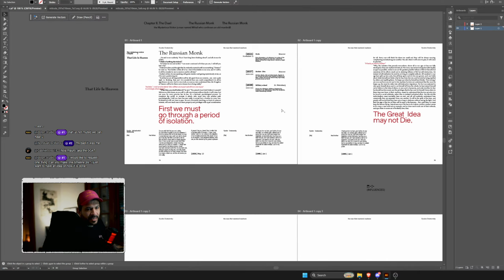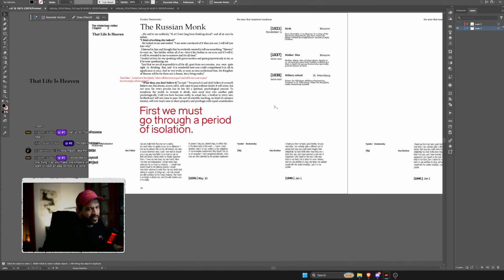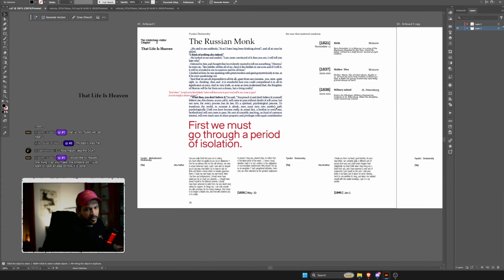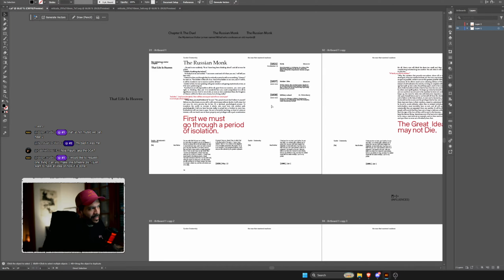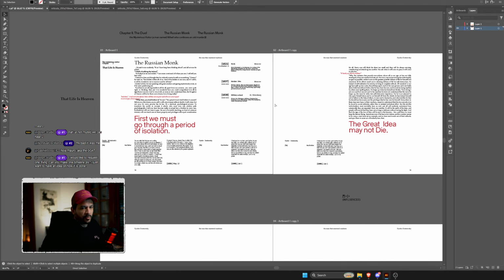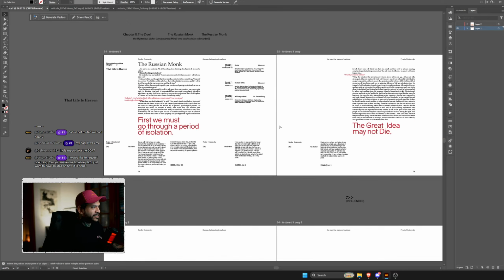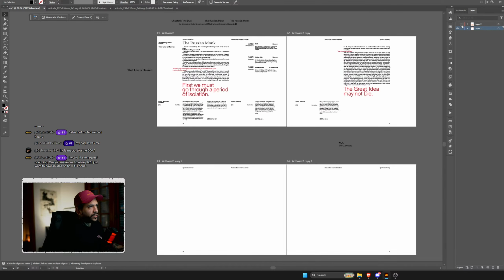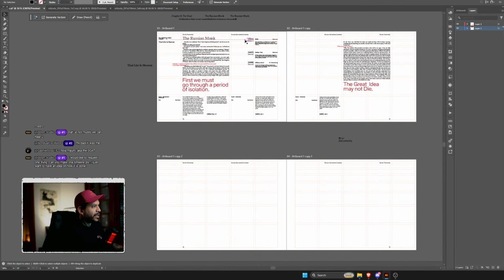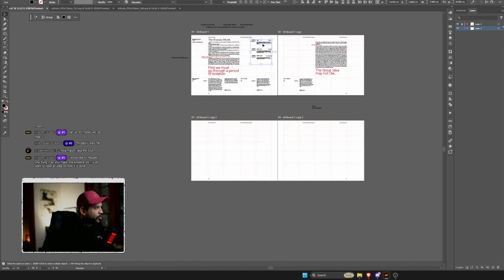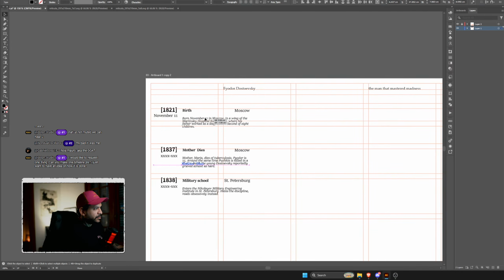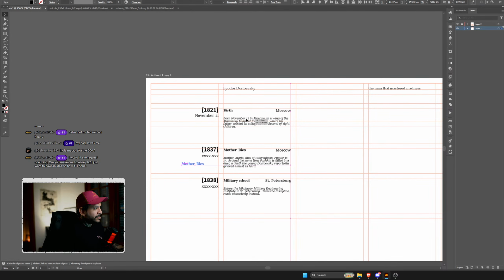Right? And here I'm making it pretty basic. I'm not being as creative, and it's hard, you know. It takes time to come up with a cool typographic system, right? And you can do it like this, or you can even go like, let's make an entire page only for the timeline. Maybe you go like this, right?